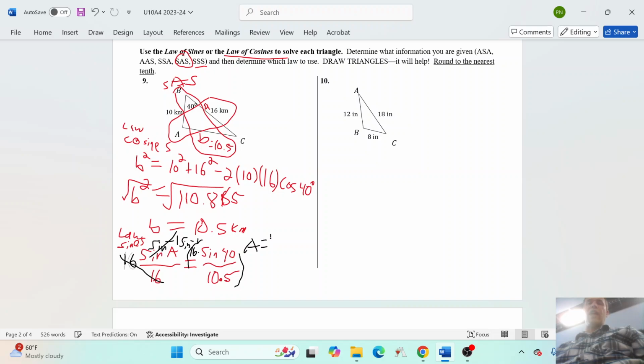And that'll give you angle A. So angle A is going to be, there we go. And so it's going to be, hopefully, if we did it right, 78.4 degrees. And then you can use 180 minus the two angles to get the last one. So for angle C now, for angle C,